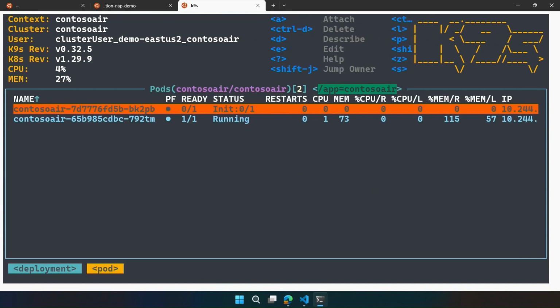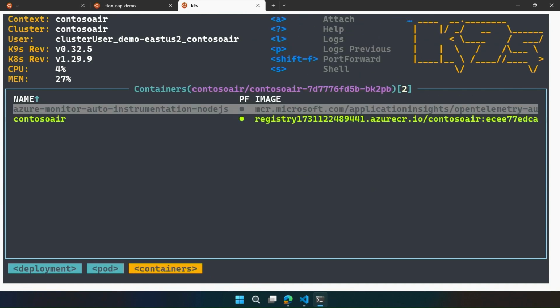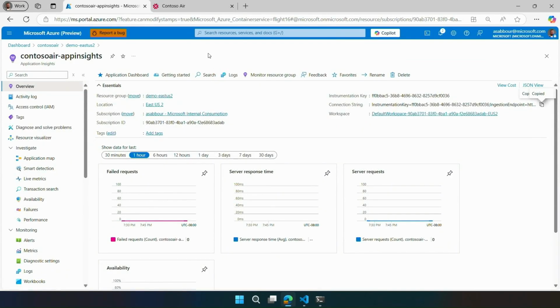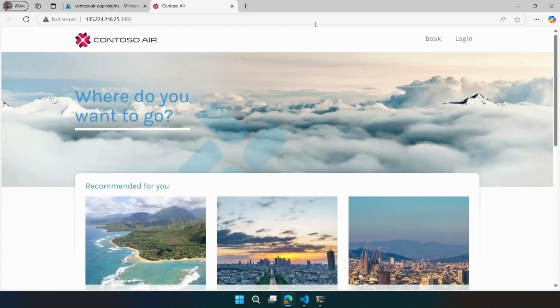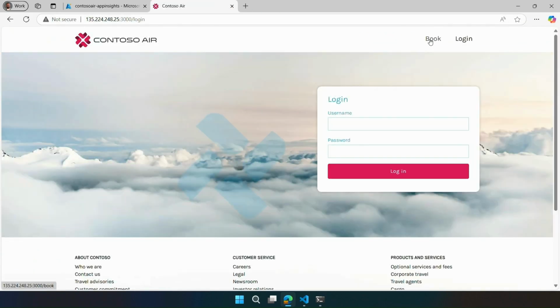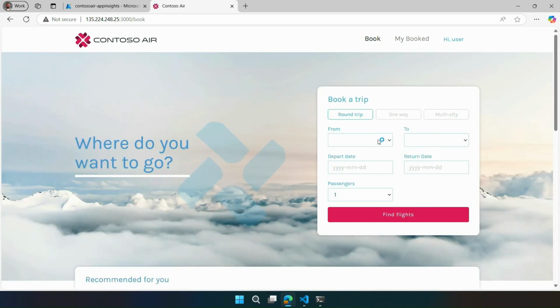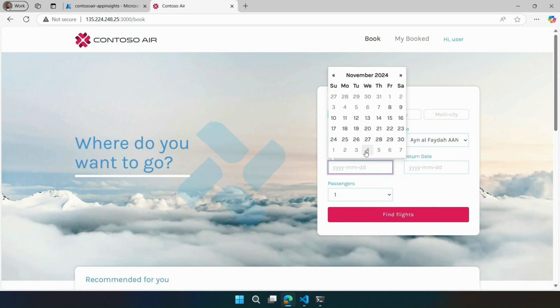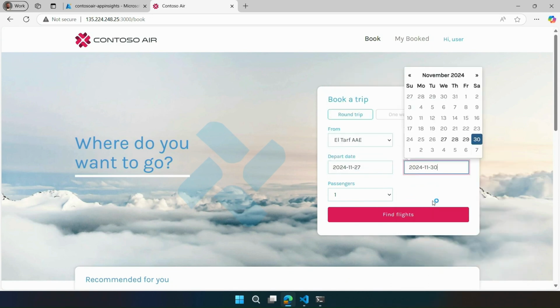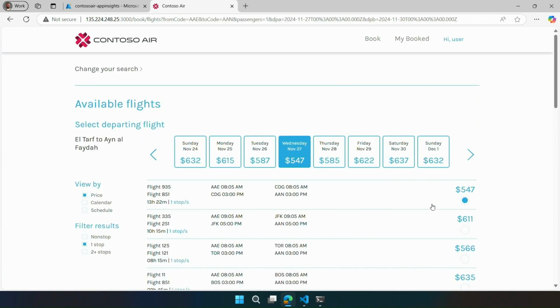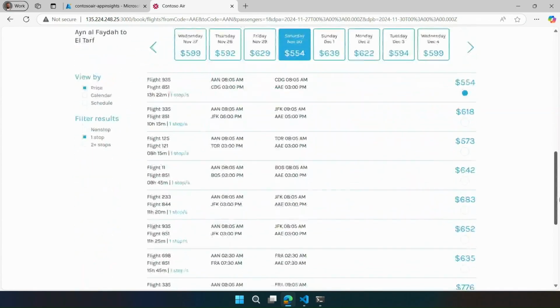And you'll notice that now there's two containers. One is our image, of course, and the second is our OpenTelemetry distro, doing all that work to automatically instrument and get us all those nice traces. So once we now go back into our app and start using it, again, we've done no code changes, nothing to the app whatsoever. So we can just book a trip, for example, a round trip between hopefully warmer places than here in Chicago today. And once we do this and complete our operation,